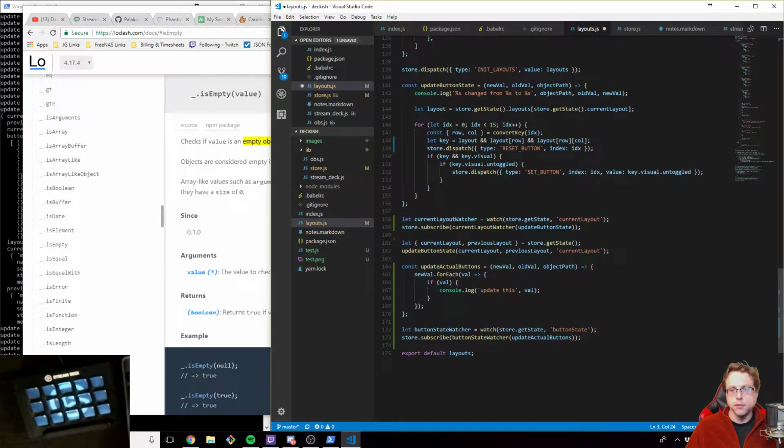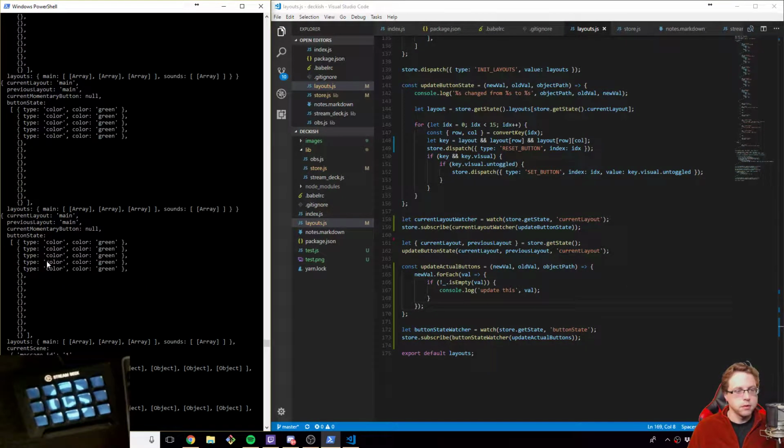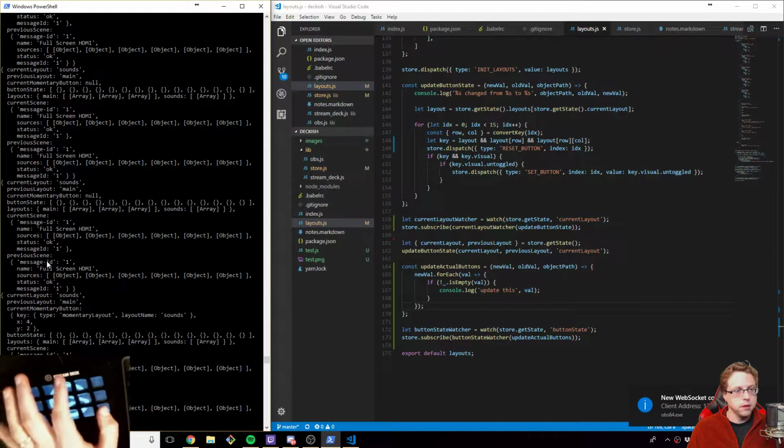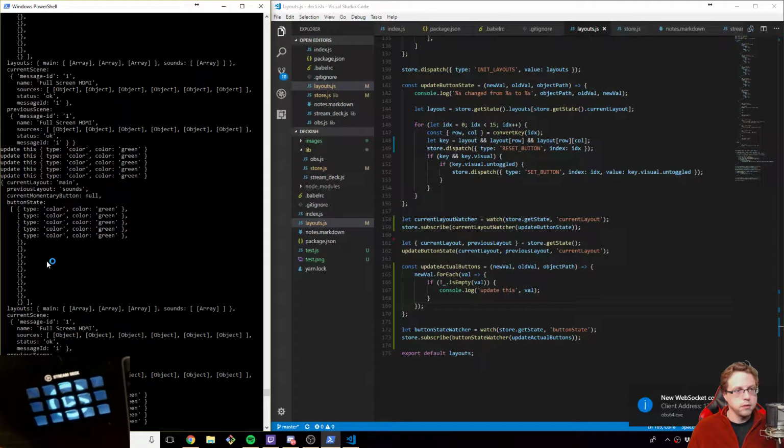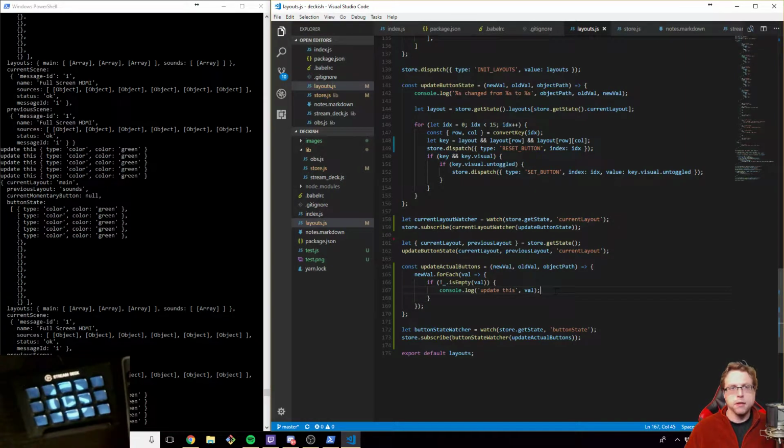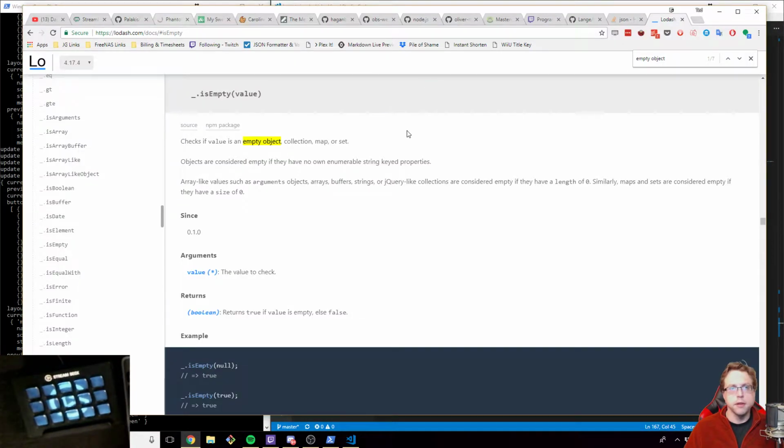All right, so then I'll just use that for this. If is empty val. Right, one more test. Make sure that works. Nothing. Yes, update that, and I get the 5 that are set. Perfect. All right, cool. So then I got to go back to this Stream Deck library and find